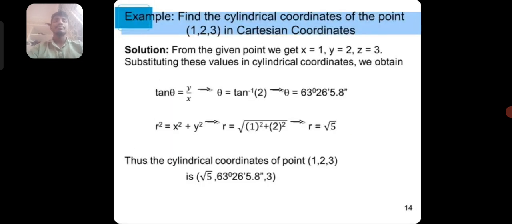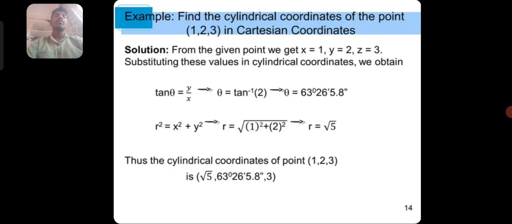And next, these are examples. For example, find the cylindrical coordinates of the point (1, 2, 3) in Cartesian systems. Solution: from the given points we get x equals 1 and y equals 2 and z equals 3. Substituting these values in cylindrical coordinates, we obtain,